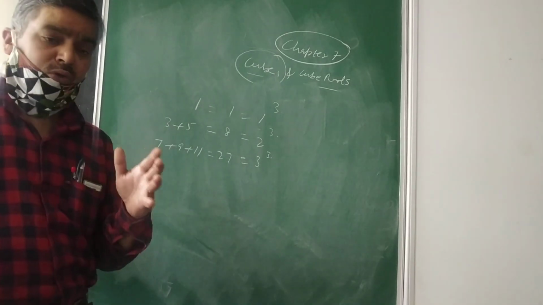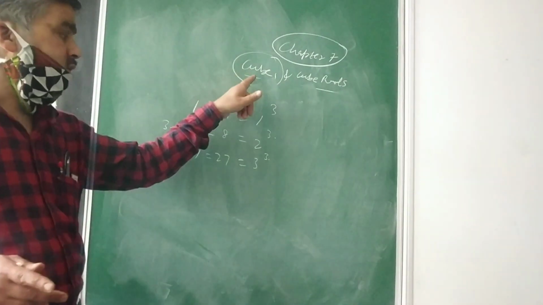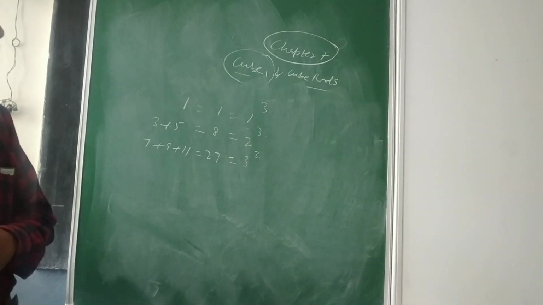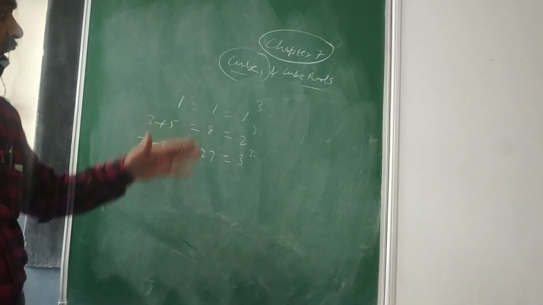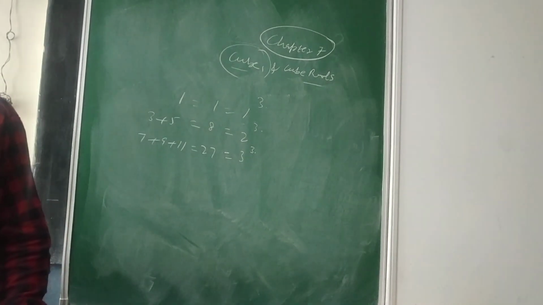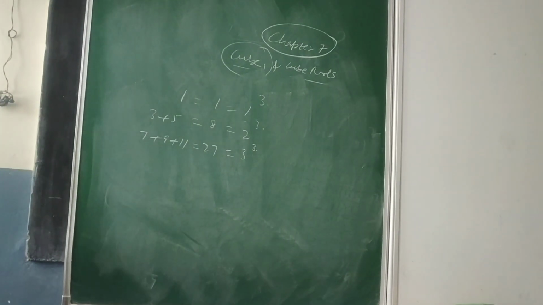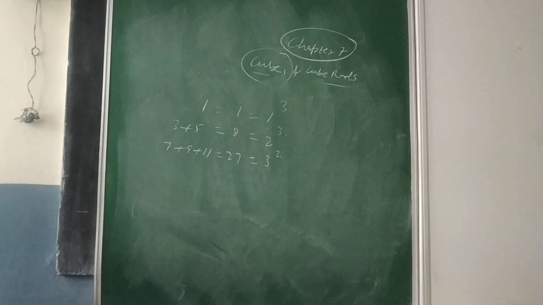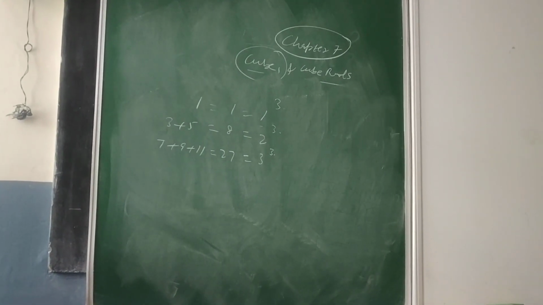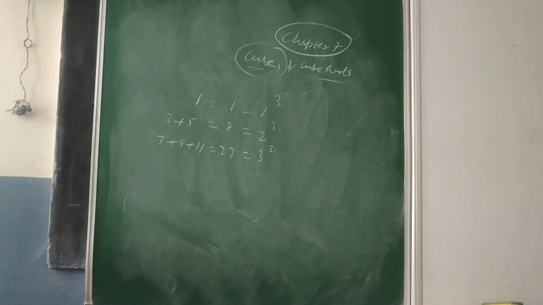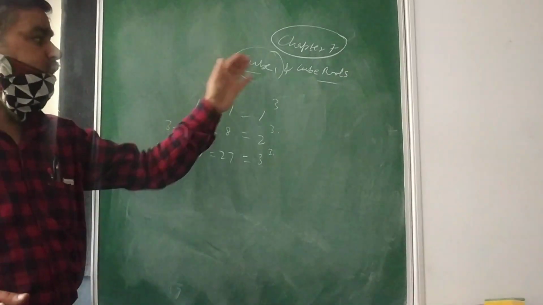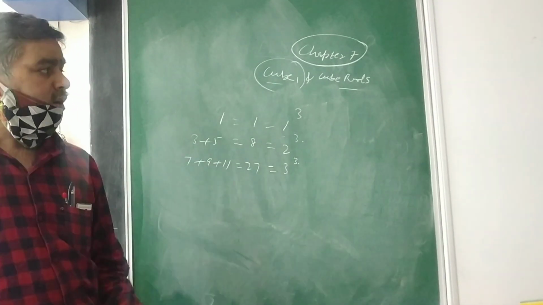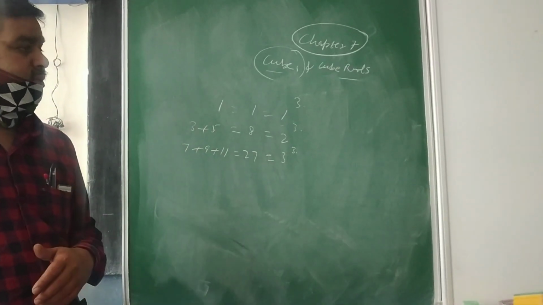First of all, go through your textbook, try to understand what is the meaning of cube and what is the meaning of cube root. It is very well explained in your textbook. And then the 6 properties I have shared with you. The 7th is not required, for cube roots a standard table is already given to you. You can have a look at how to go through the cube roots, and then we will go through how to find the cube roots of numbers. I will start on the cubes of numbers based upon these properties, some sums.